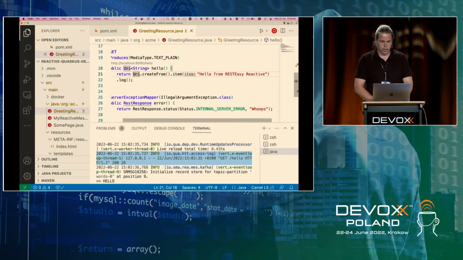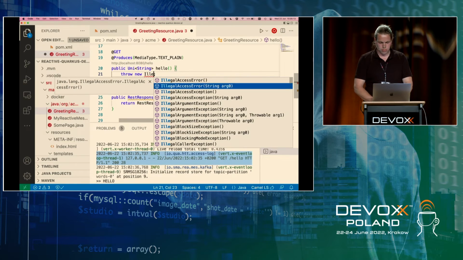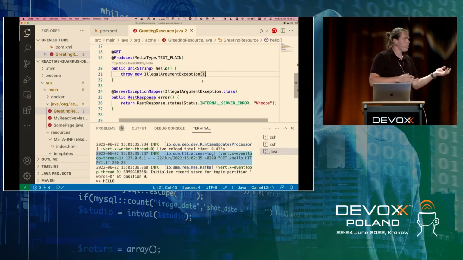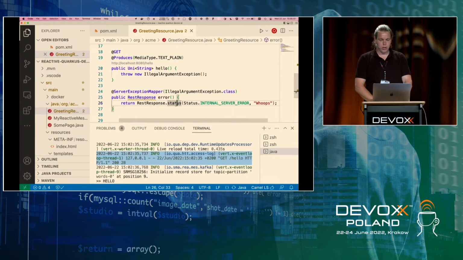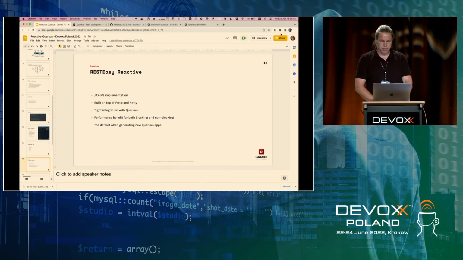And if I now, instead of here, throw an exception, that will be caught by the framework and handled for you automatically. So that's really nice, that if you want to mix and match some imperative coding and reactive coding, you can do it all at the same time. So choose your own flavors as well. Well, these, of course, were really basic examples, but we'll continue a bit for some more complex ones as well.